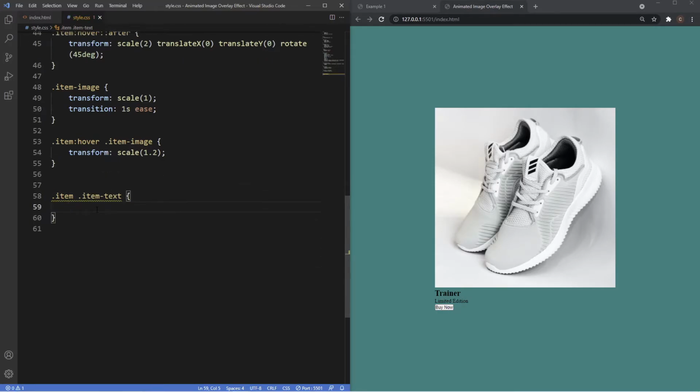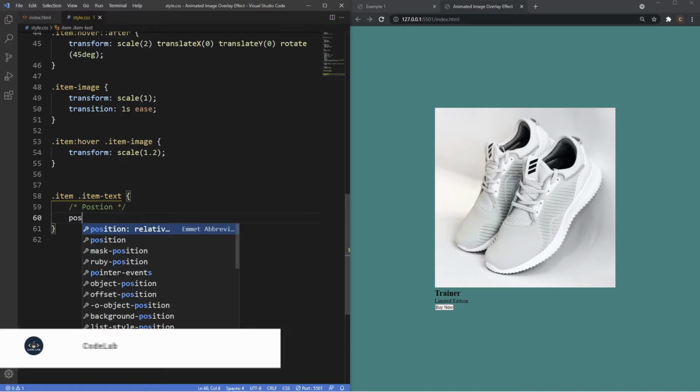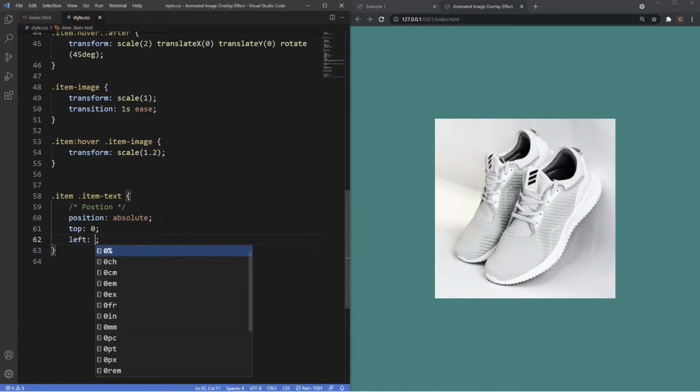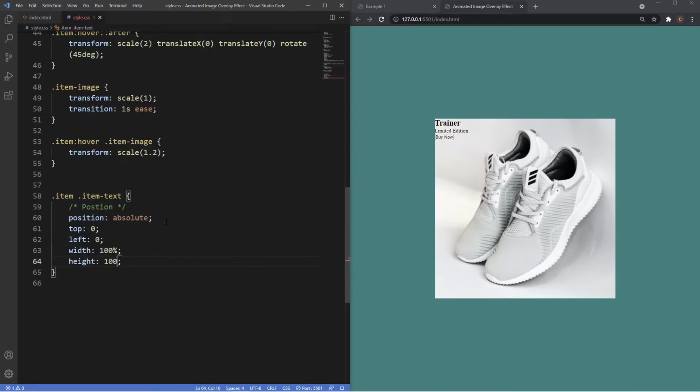And we're going to have quite a bit of styling here, so we're just going to separate it with comments. So first we're going to set the position of this. We'll set the position to absolute, top 0, left 0, and then we'll set the width of this to be 100%, the height of this to be 100%,